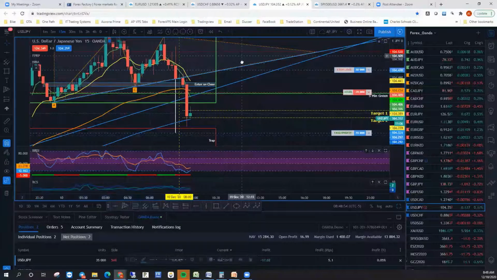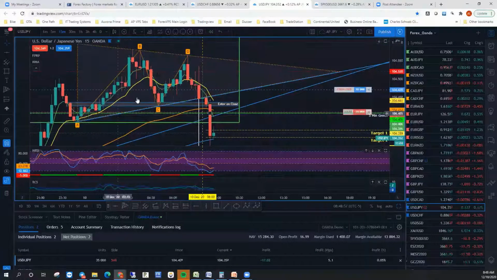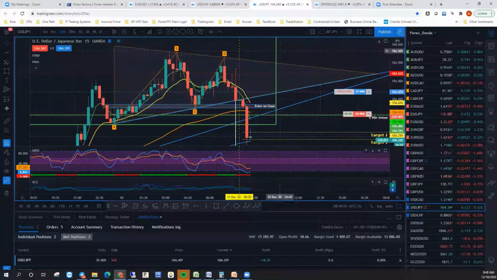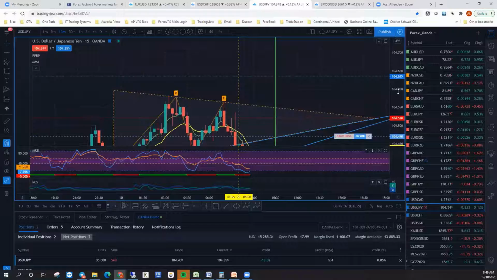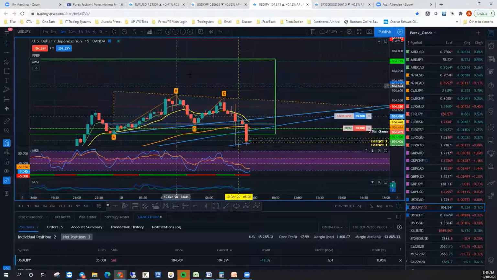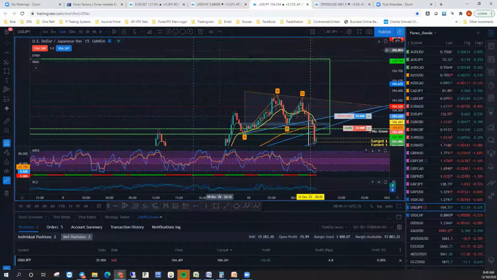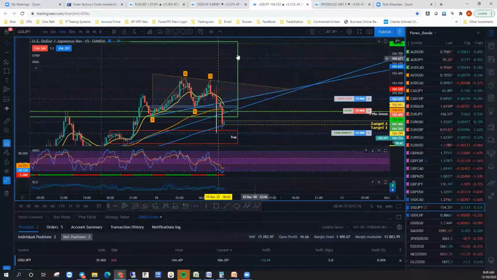It's really important to be trying to find these M and W patterns. The M is usually at the top of the move, but it also needs to be at the top of a range in order for it to be valid. This was pretty much near the top of the range for the week, and probably for the month. We had the M pattern.